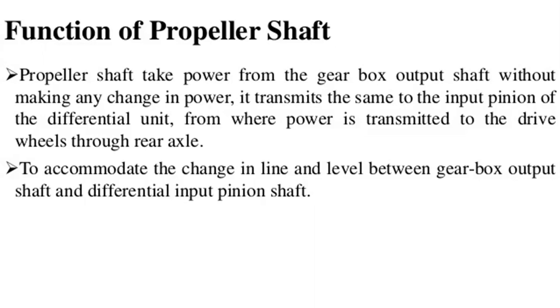So the power is developed in the engine. In that engine, the transmission system, we develop the torque. That amount of torque or power should be transmitted to the wheels. So in this area, we are using one device. That device is called the propeller shaft. It is used to transmit the torque or power developed in that engine, so it is transferred through different wheel drives on the automobile vehicle system.